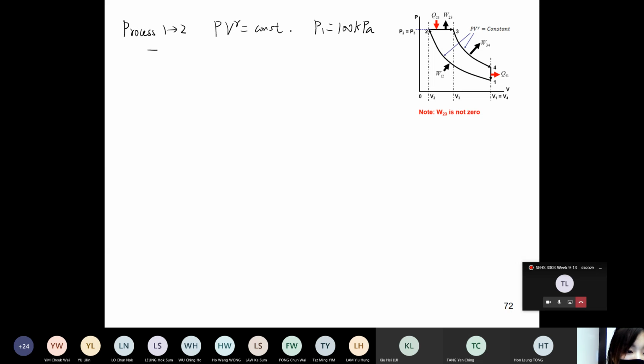Also, for T1, we change it into absolute temperature. We also know the compression ratio is 16. So now we can calculate the temperature at point 2. We use the temperature to volume ratio. That should be